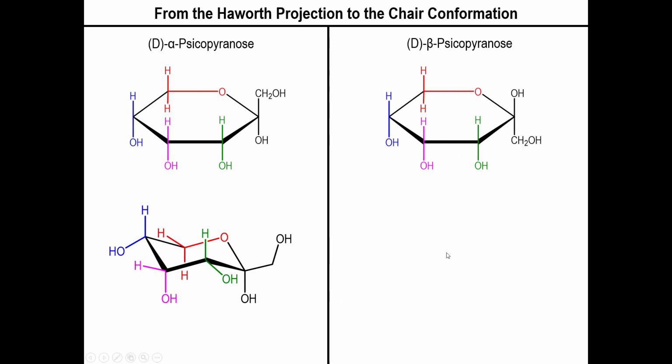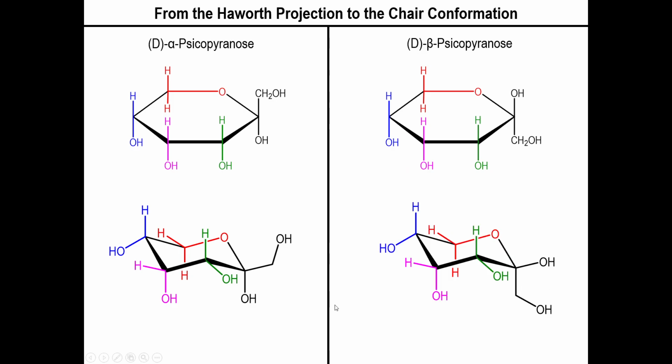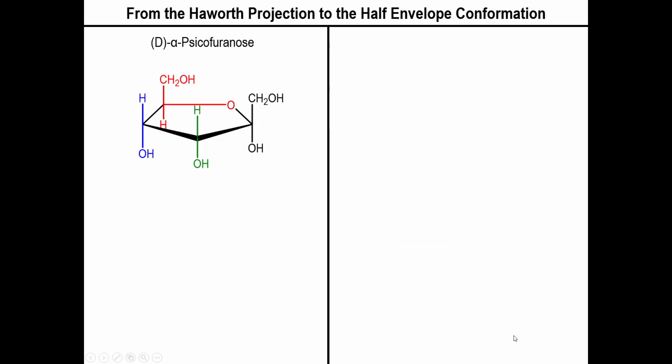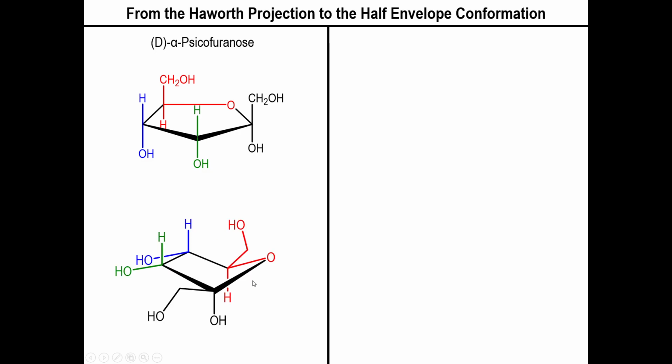Same thing happens with the beta version. The only difference is that at position 1, the OH and the CH2OH groups simply swap places, right? Now we have OH above CH2OH. Okay. And then your traditional 5-member ring of ketose sugars, same idea. If you draw the half envelope structure with the oxygen pointing up,